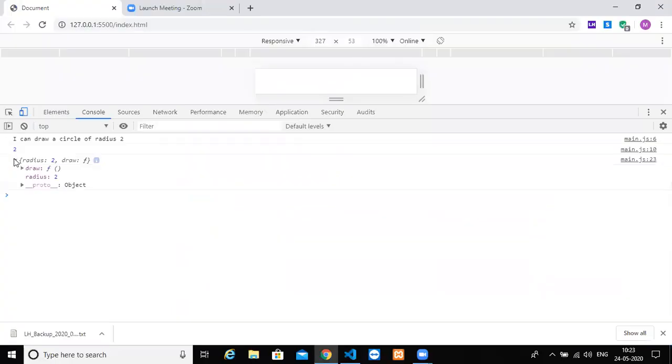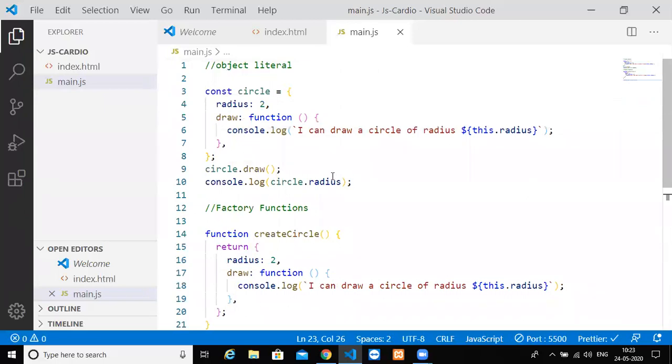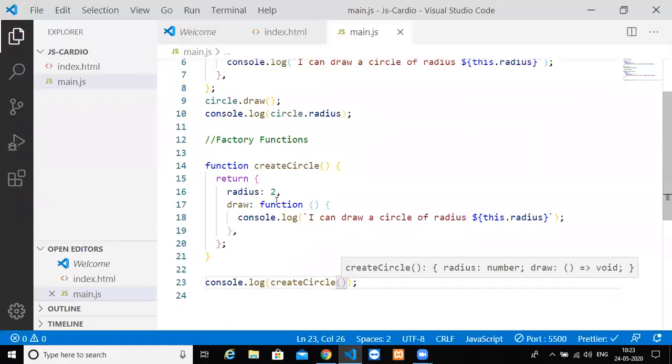If I go there, I am getting this particular object back. Whatever I was returning here, the same thing I am returning back from this function. So this function will return this particular data. Okay. Now I don't want this to happen. This is kind of an object that I can return.